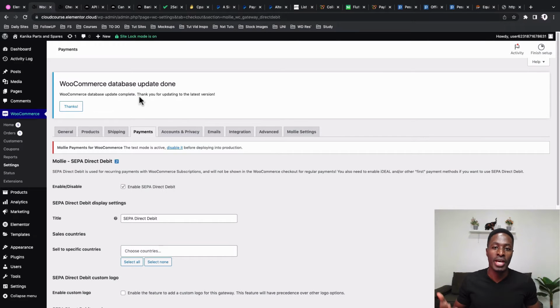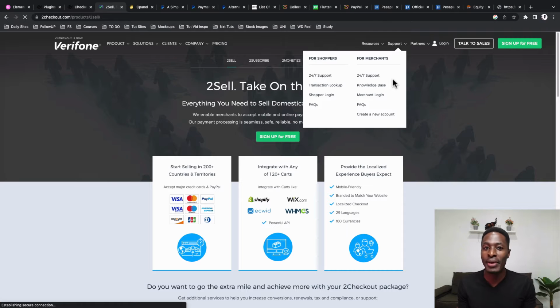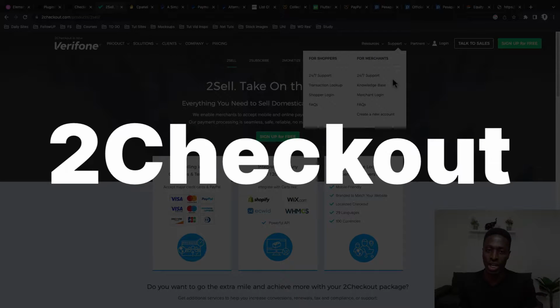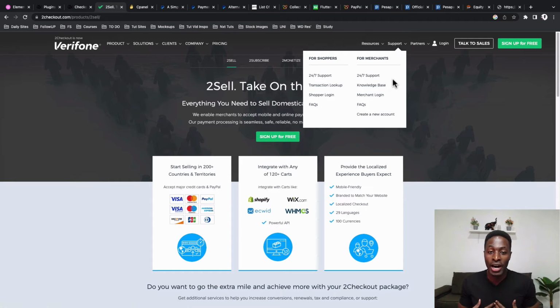Next on the list of payment gateways that I recommend is 2Checkout. I have personally used 2Checkout in my country before they actually closed shop. This is why I really love 2Checkout when it was still available in my country. One of the reasons is that with 2Checkout, if you are in a country that is not PayPal supported like Uganda and several others, 2Checkout can help you collect payments from your clients who want to